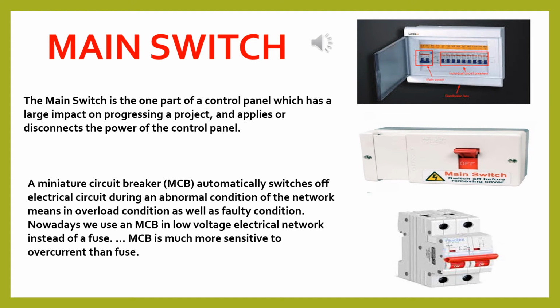See the diagram, first one, the main switch is there and the external circuit is also there. So it is a double pole switch having an iron covering. The covering is earth connected to the earth wire. This switch is used to break the connection of the live wire and the neutral wire simultaneously from the main supply. The earth wire from the meter is locally earthed in the compound of the house.